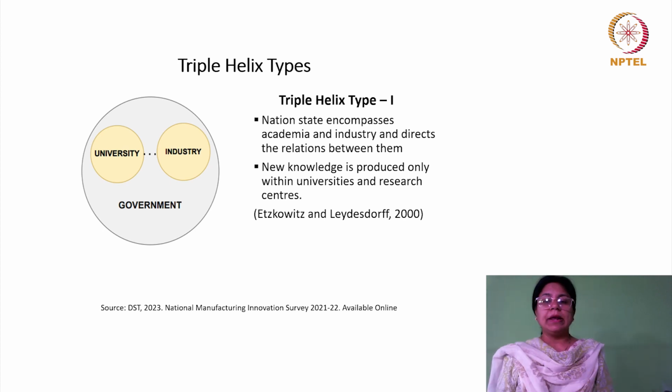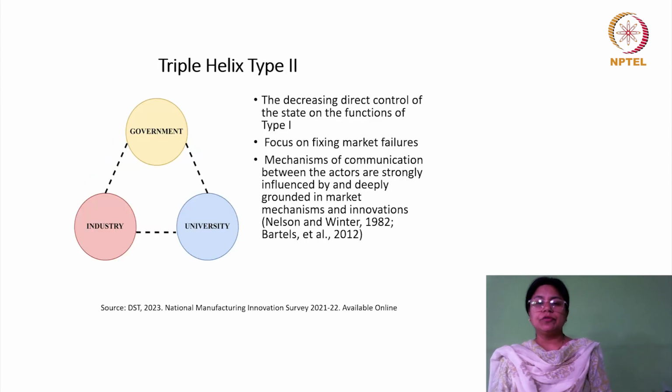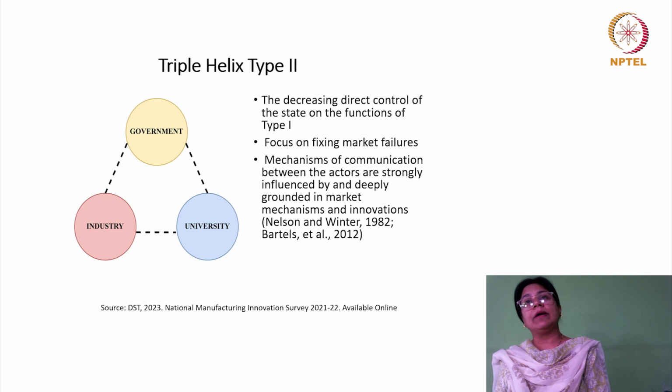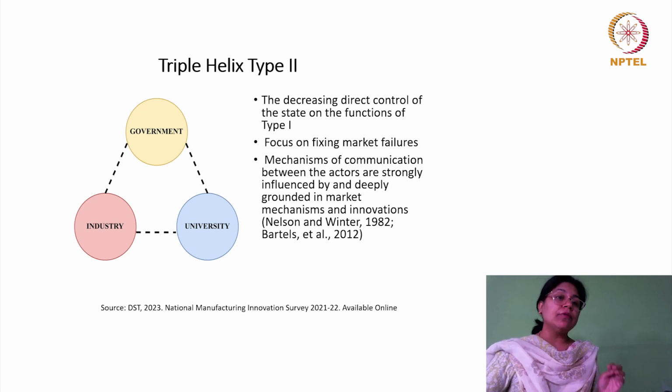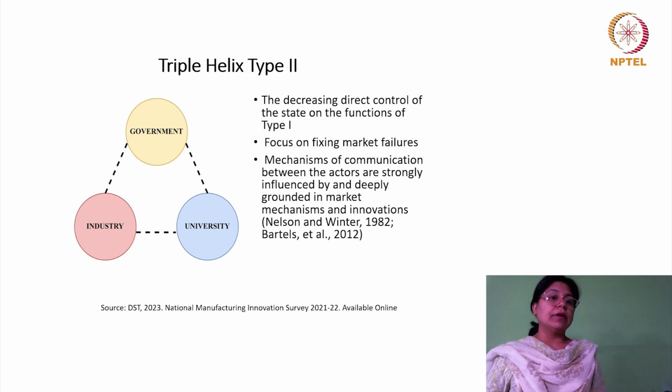Later, in triple helix model 2, the direct control of the state seems to be decreasing. And the role of the state is once again focused on market failure, and how we can fix it. So what is that market failure? We have talked about it when we were discussing the